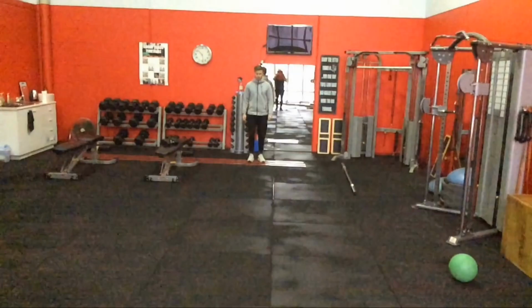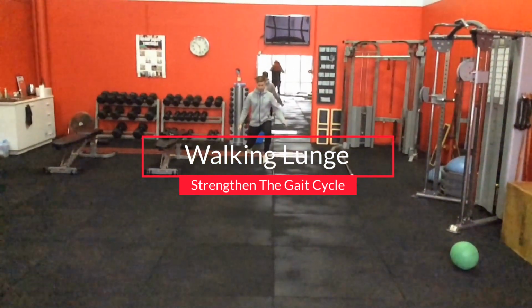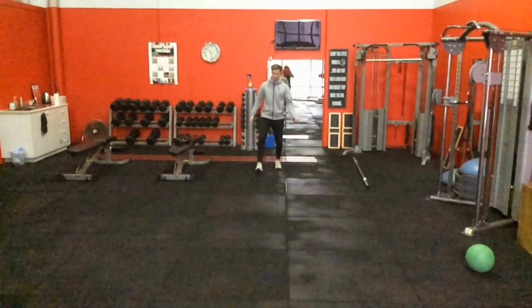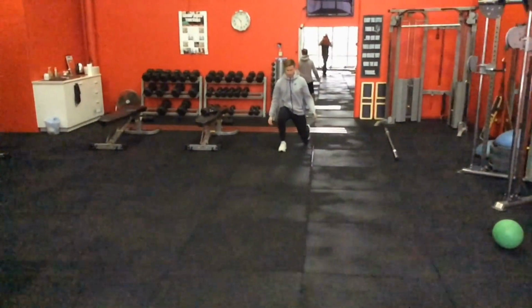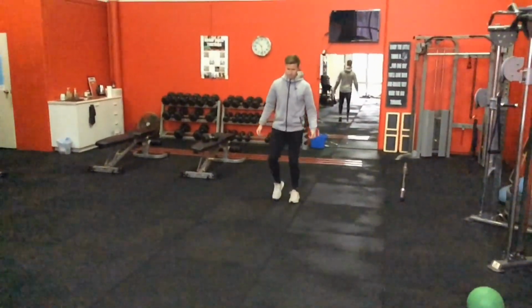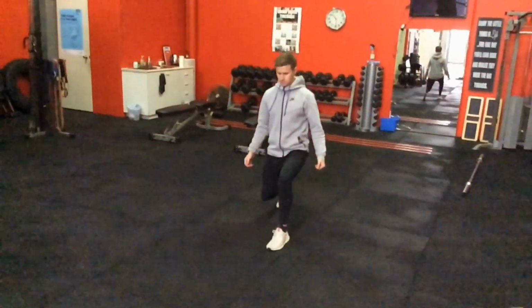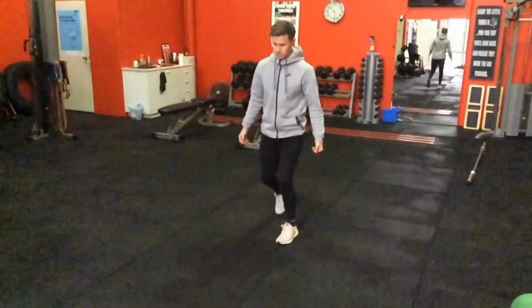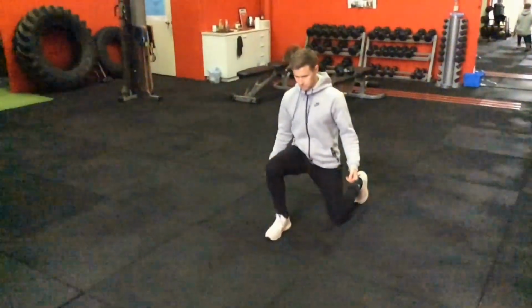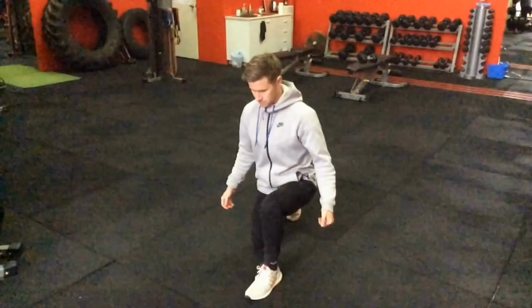Okay, so next on the list is the walking lunge. Obviously it's a lunge movement pattern, but because of its unique ability to mimic the stance phase, with a swing leg and then a stability leg as well, anything that you can get out of this will really enhance any running or walking, because the load is significantly greater in this position. By lowering down, there's a tremendous amount of force being put through that whole front leg there,